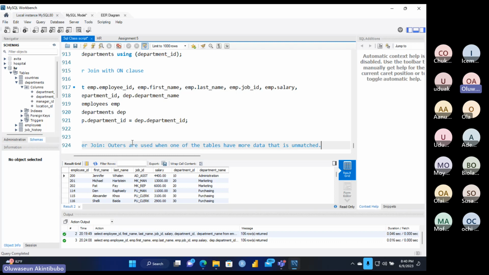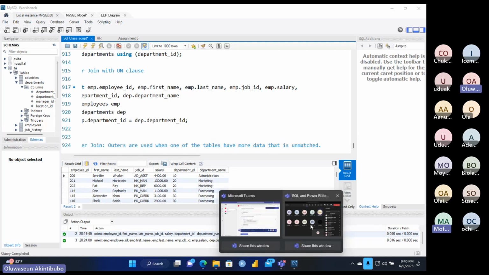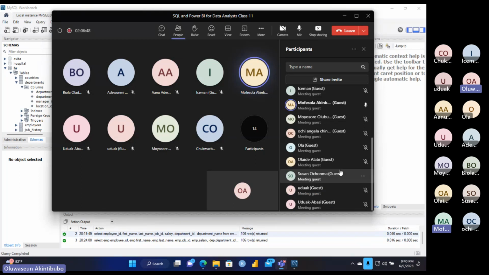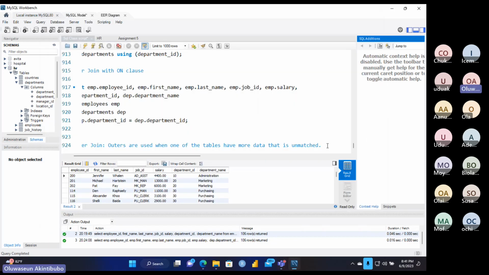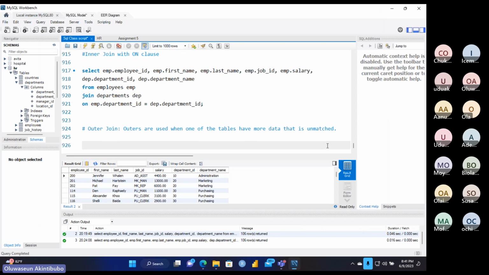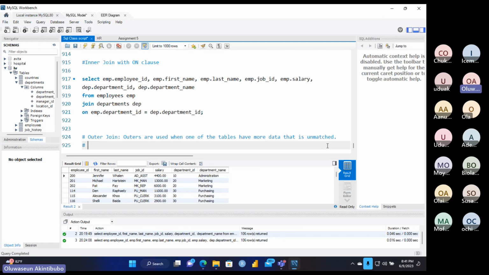So basically, we use the outer joins when we have two tables joining together and their data match to an extent that after a while, their data do not match anymore. Are you following me? Let's look at an example, right? Before we look at an example,